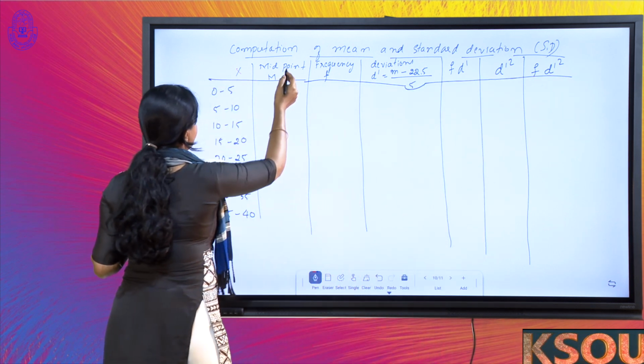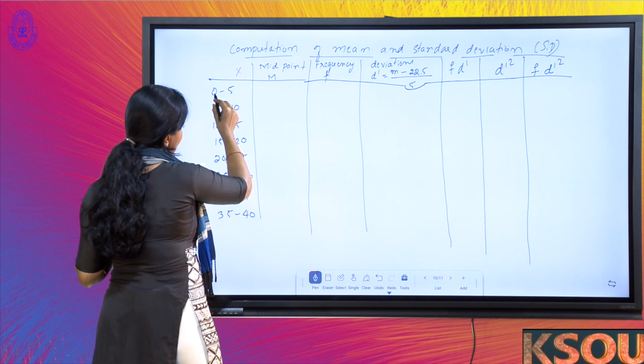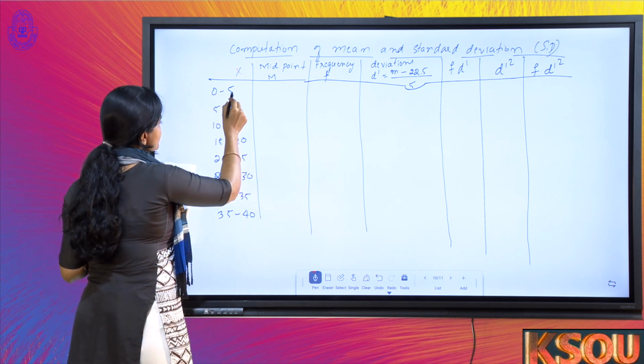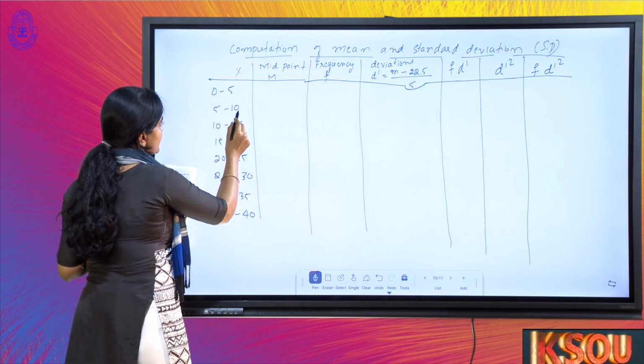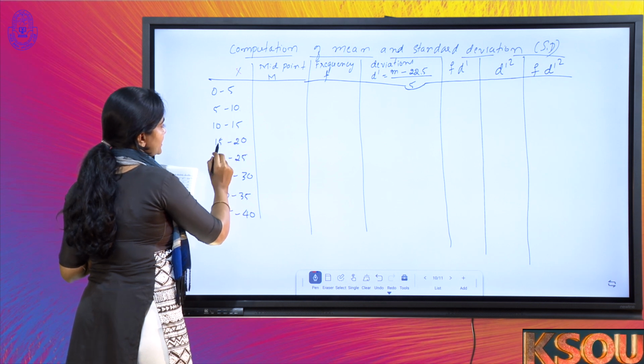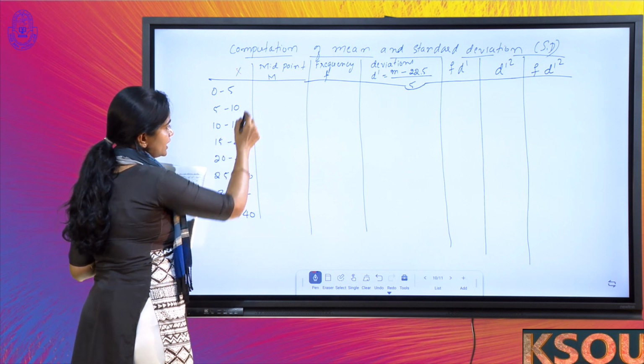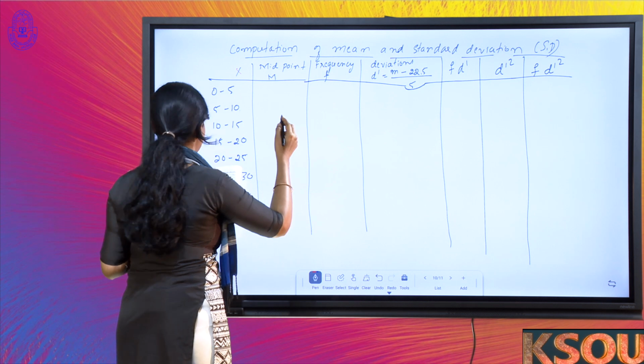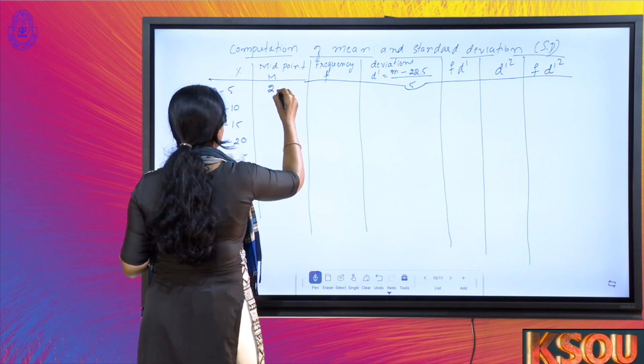Take the midpoint here, that is the average of these two: 0 plus 5 by 2, 5 plus 10 by 2, 10 plus 15 by 2, 15 plus 20 by 2. Like that, you will take the midpoints. You will get values like 2.5,